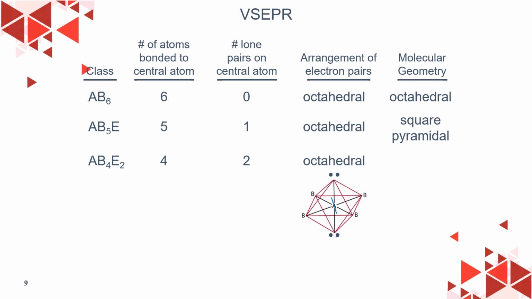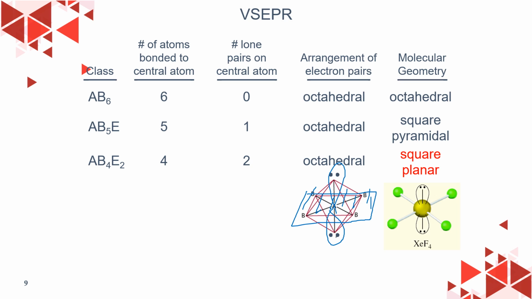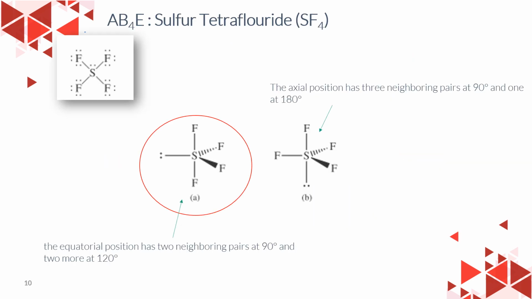which should be octahedral, but both lone pair repulsions push each other and make the bonding atoms lie in the same plane, so the molecular geometry will be square planar. This is AB4E. As you can see, there's no indication that SF4 contains a lone pair, so you have to understand how to determine how many lone pairs any substance has.